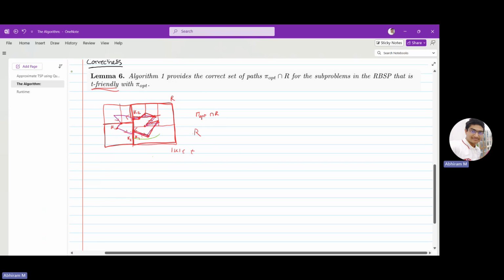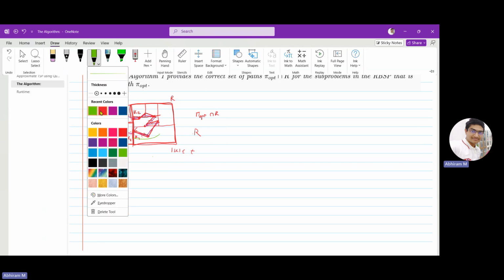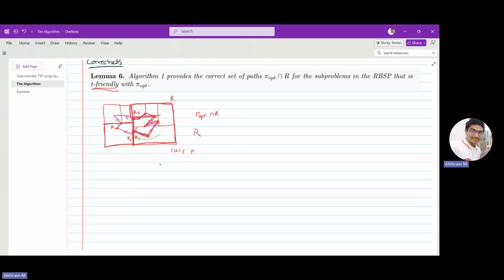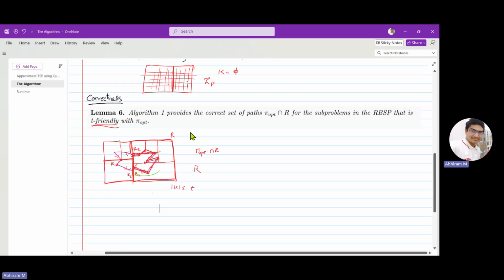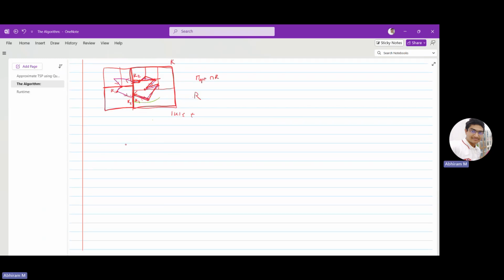Of course, I have done some glossing over, but this is the general idea of the proof, and you should be able to write it down if you need to. I hope you're convinced that I will consider the shortest tour, and I will return it because it is the shortest. So now that I have this lemma in my hand, once I know that it is going to return the correct thing, the next thing is that